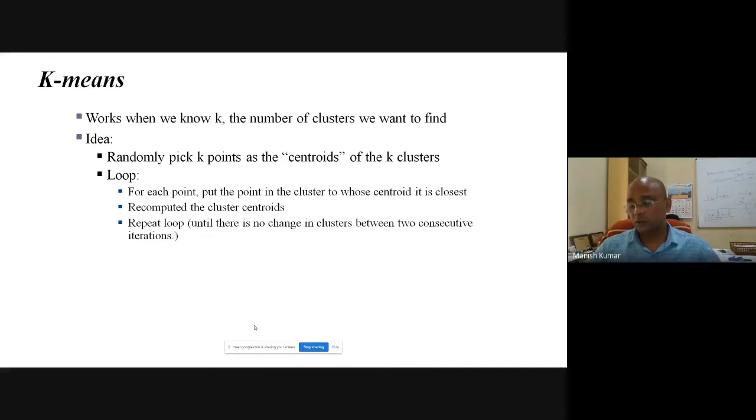Other clustering algorithms naturally give you the number of clusters out of the implementation of the method. If I go for density-based clustering methods, it examines each of the points and the distance of the points to all the points, and accordingly